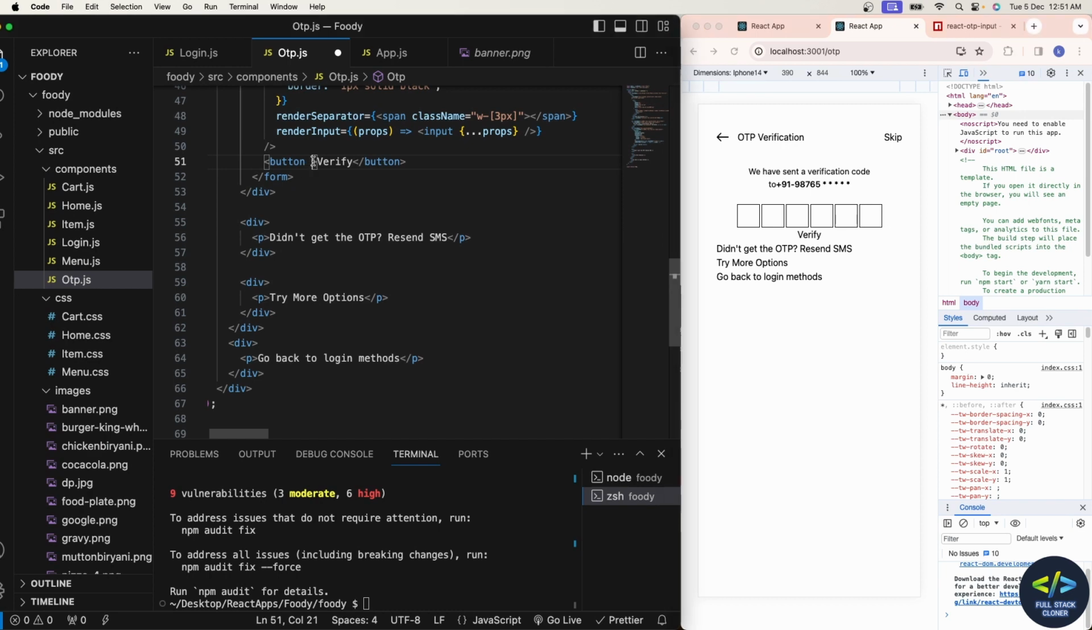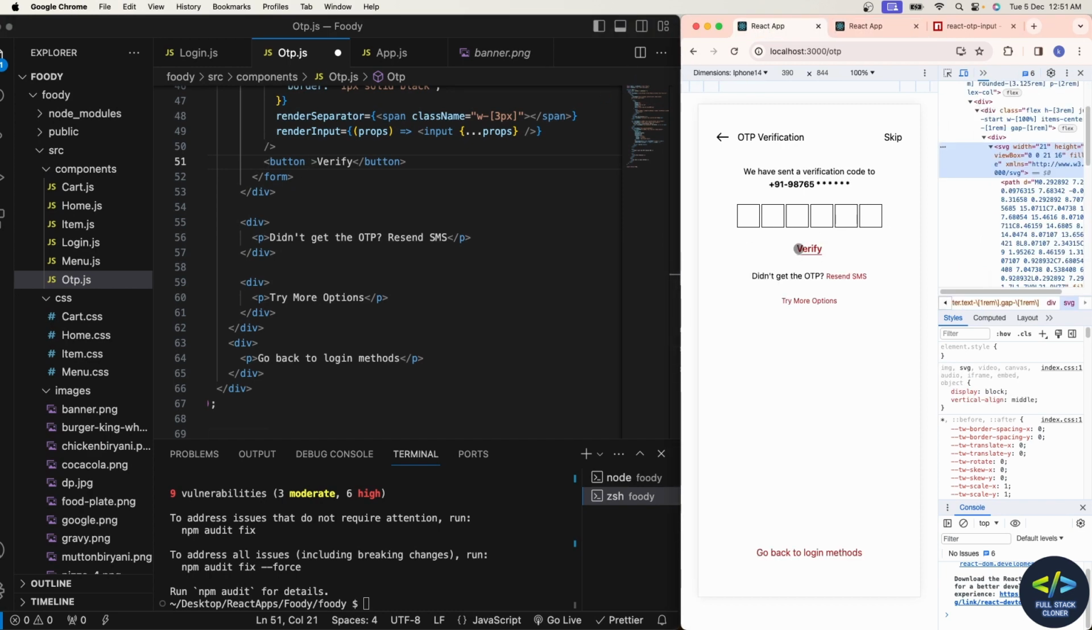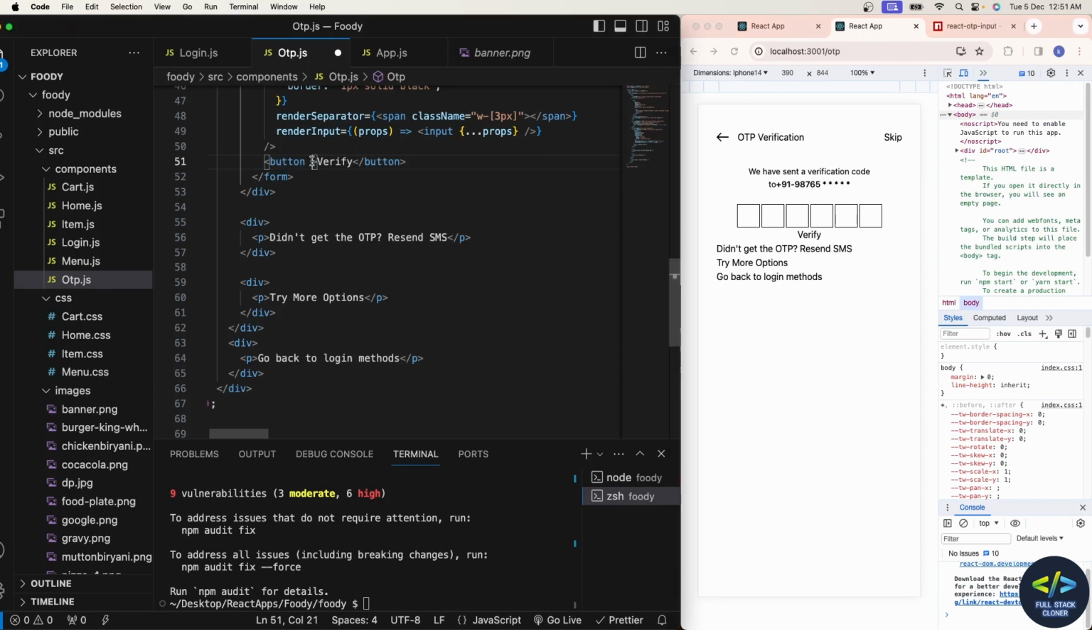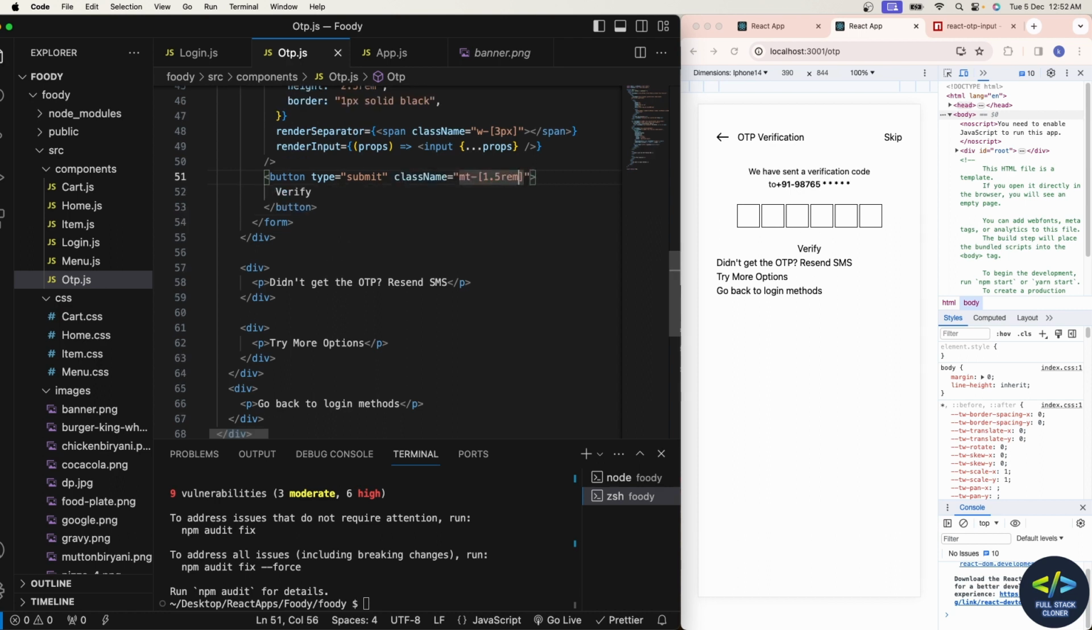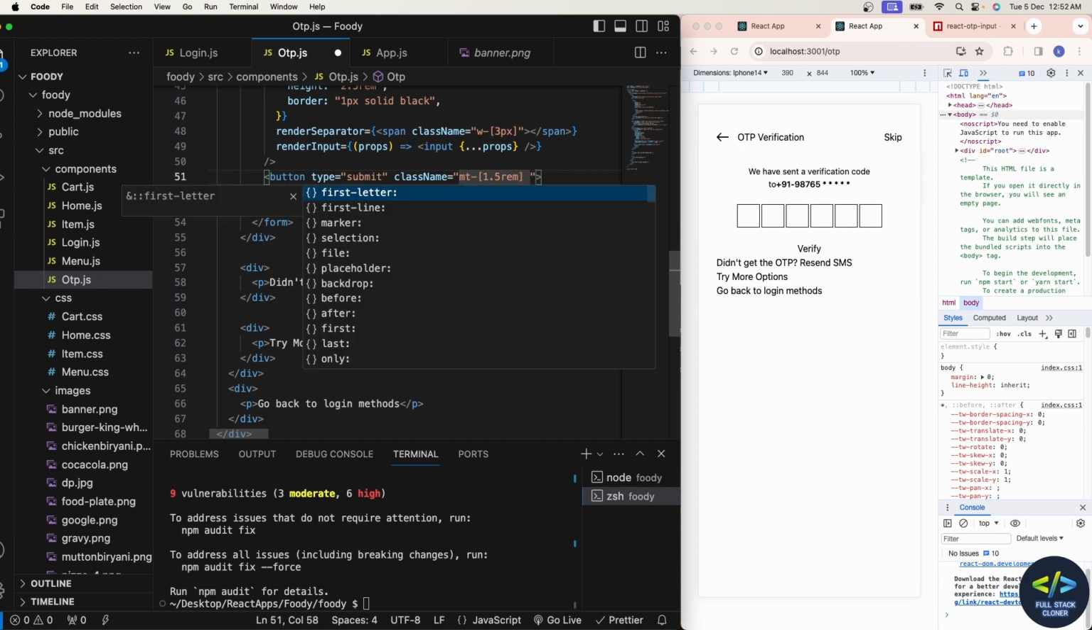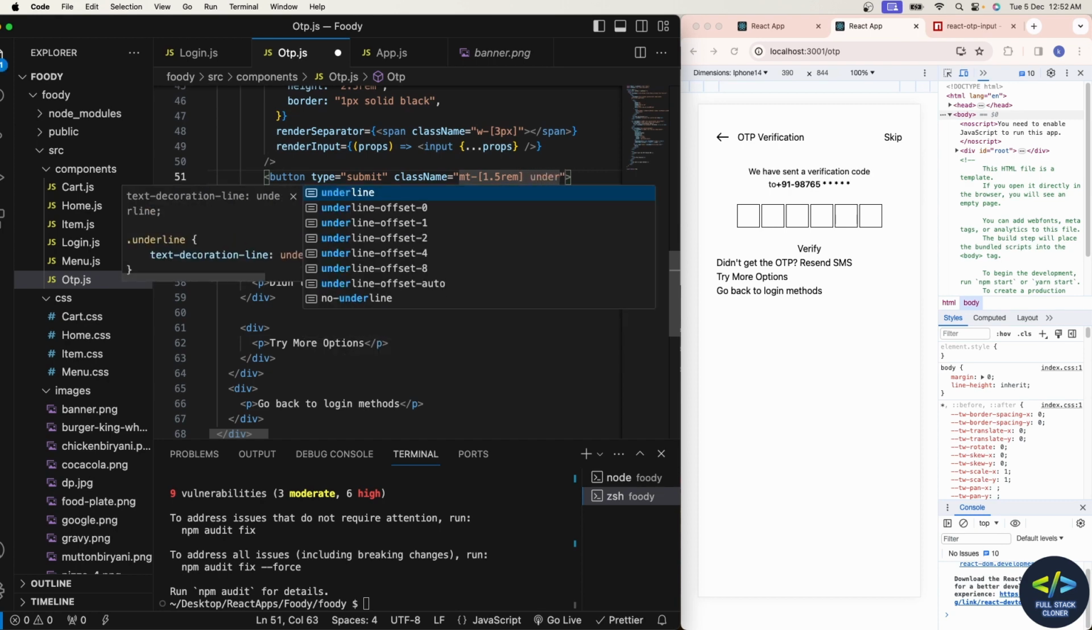Now let me go ahead and verify this thing. So verify should be red in color followed by underline. So for that I'll go and modify this. So first of all, my button to be type of submit, followed by class name. I'll give a margin top of 1.5 rem. Let me save this. So it has taken some kind of space, and then it should have underline, and then